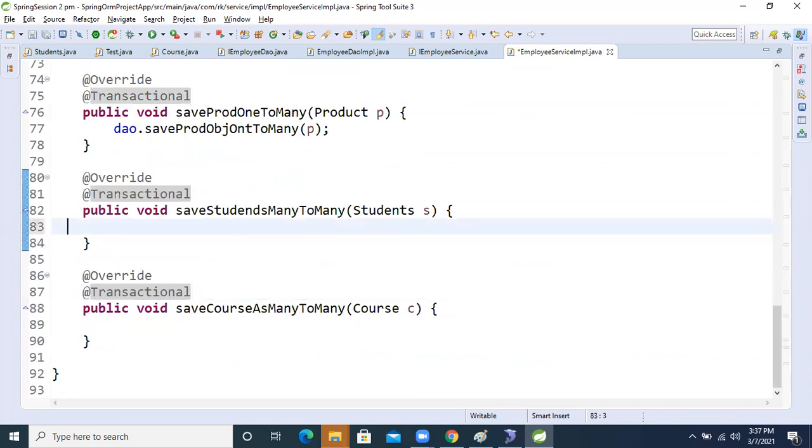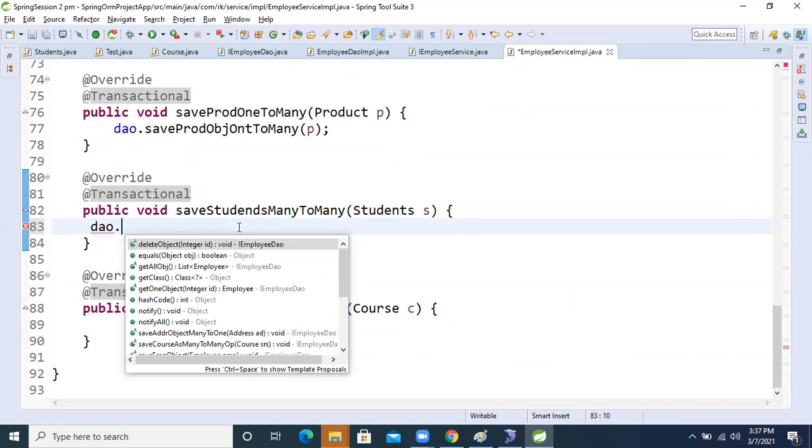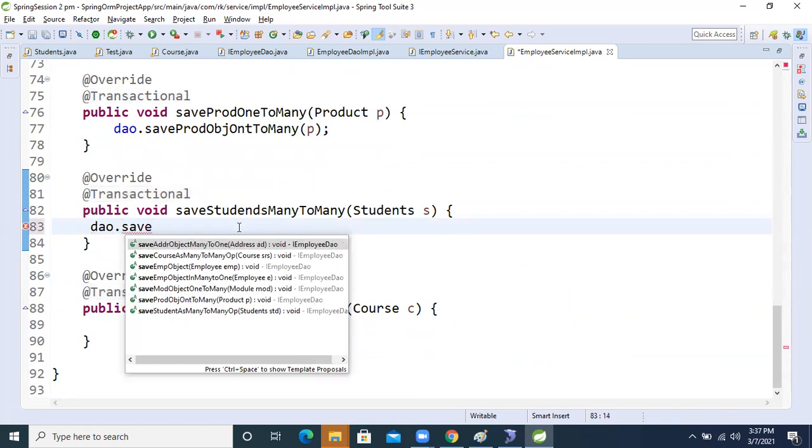Okay, so come here. We will write dao dot save, calling that save method, the many to many one, saving the student as many to many.